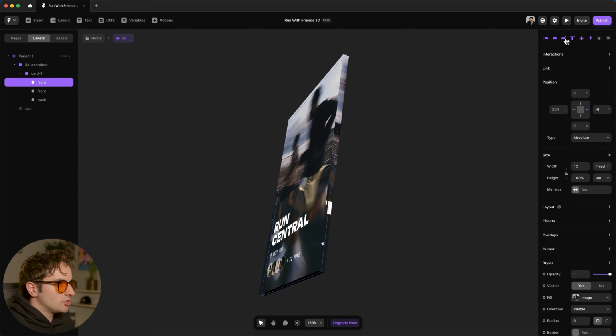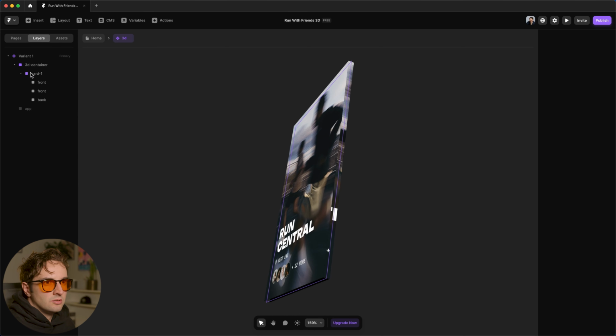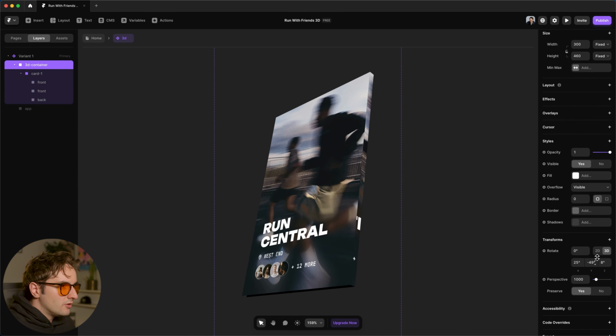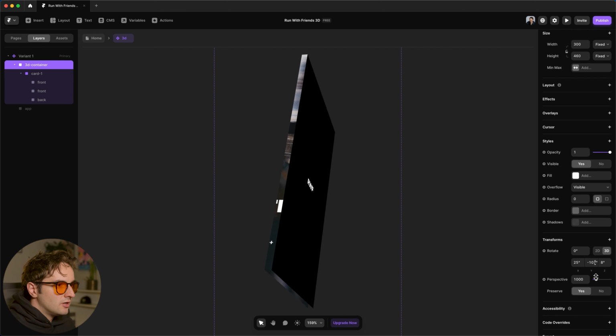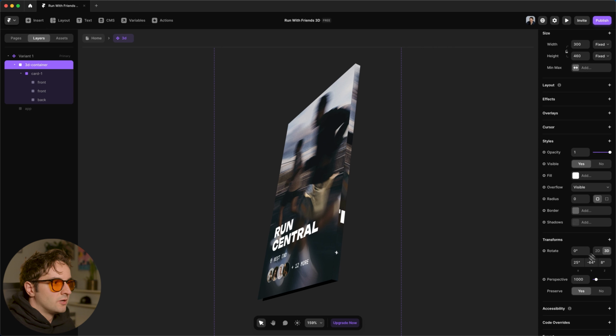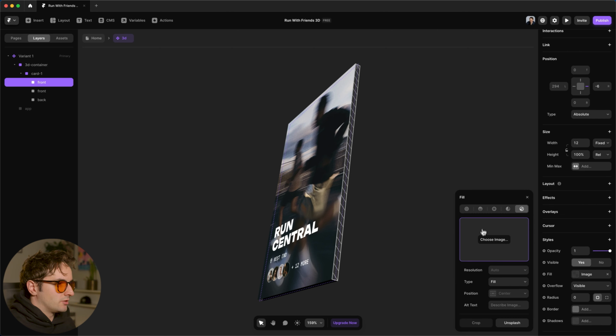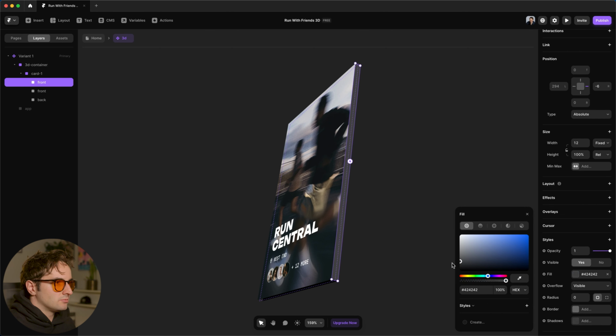So now if I change this anchor to the right, we actually have an edge here. So if I remove this Y-axis, that actually connects. So we're actually making a solid card here. I'm going to show you with the image in a second. The fill, I have the image and we'll fix it. Typically, you could actually just fill this with a color if you wanted to, and that easily